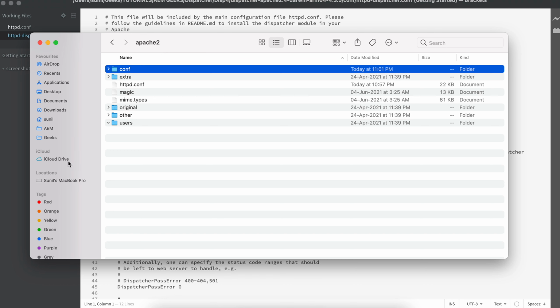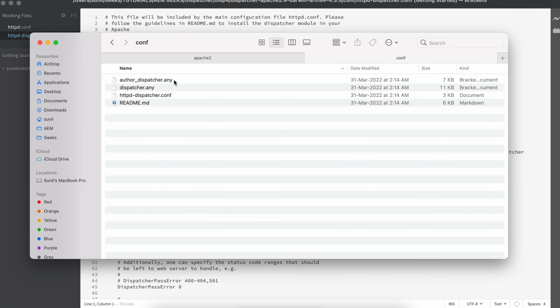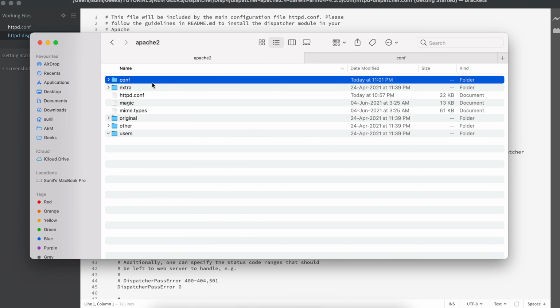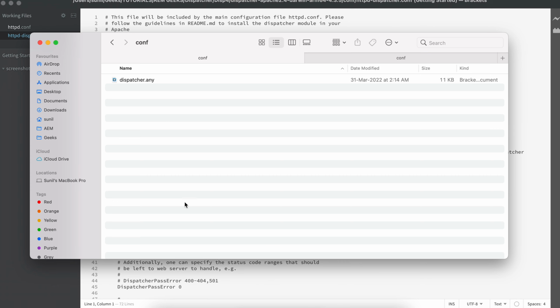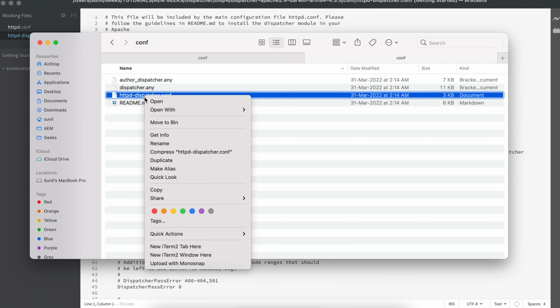Let me do it through UI only so that you can relate yourself. Okay, copy this. This has some sample configuration. We'll change a few things in this. It's not the same. So let me copy first. All right, Apache 2 conf, and copy this. Now if you see, this contains some sample configuration. So if I open this,